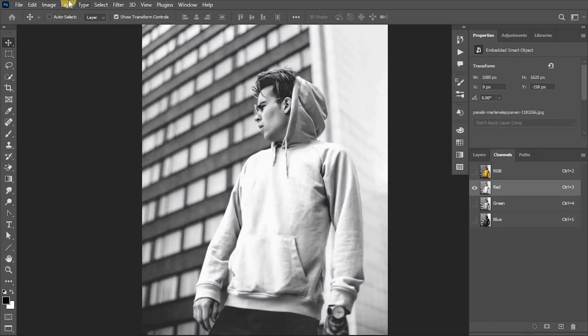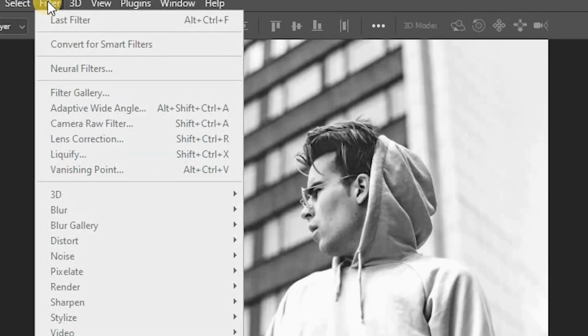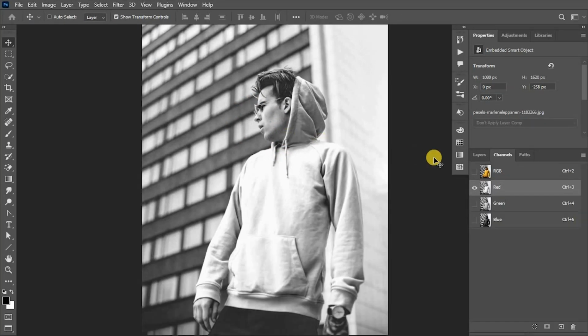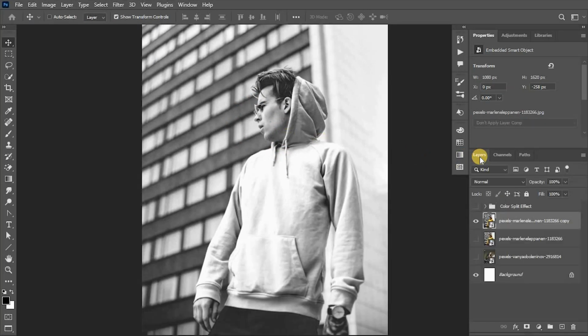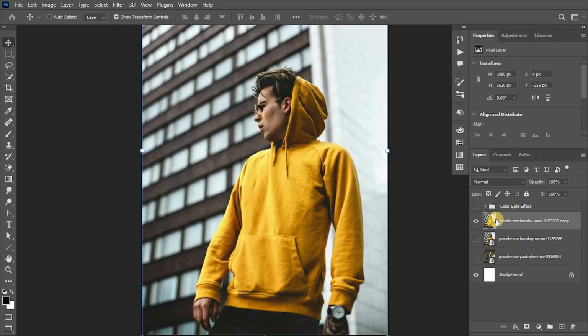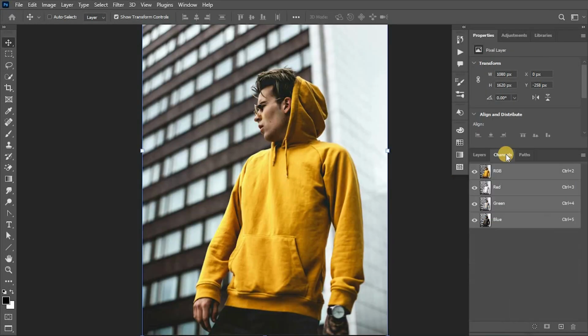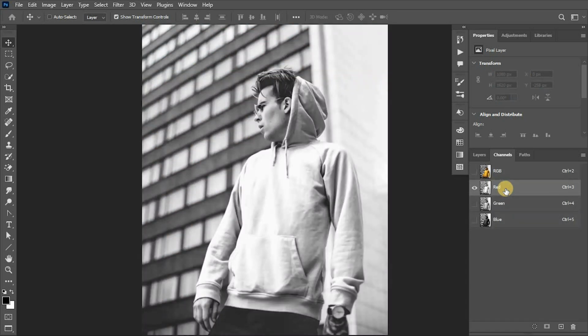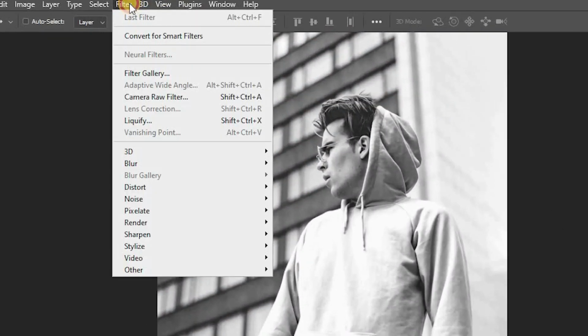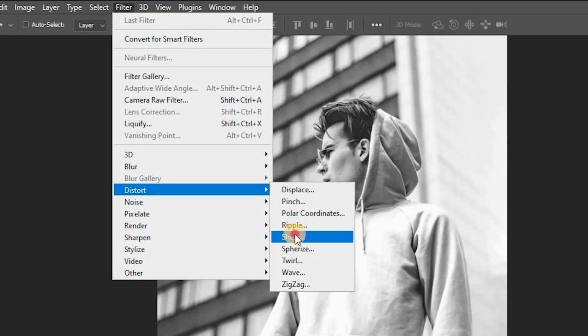the image appear desaturated. Now go to Filter and we can see the options are not activated because the image is a smart object. So go back to the Layers panel and rasterize the image. Now, by making sure the red channel is selected in the Channels panel, go to Filter, Distort, Shear and move the